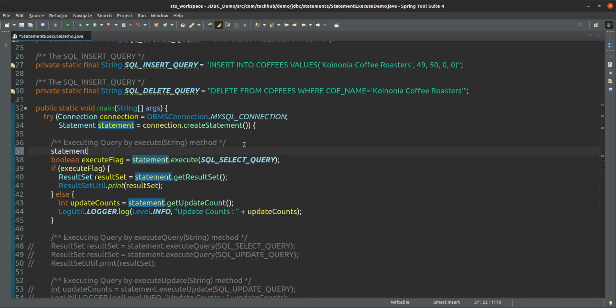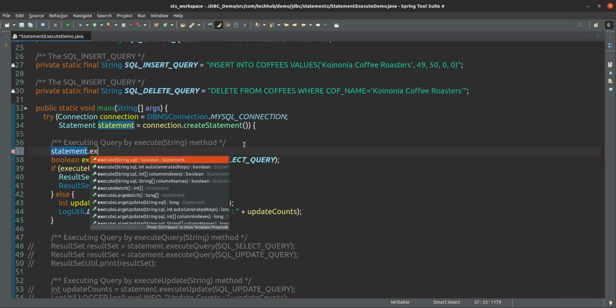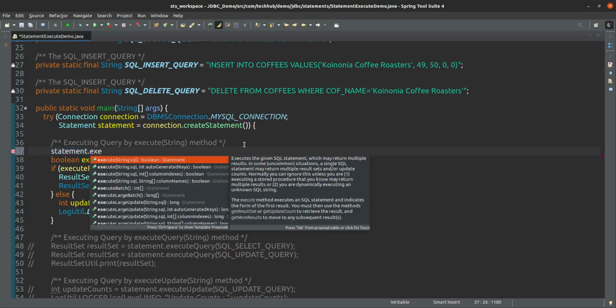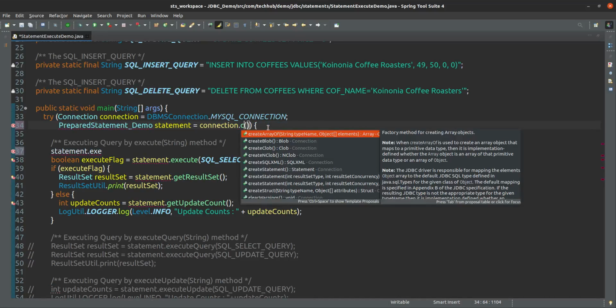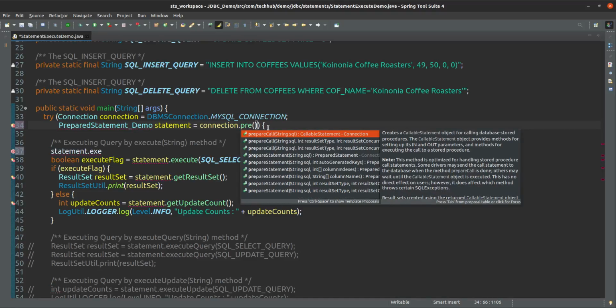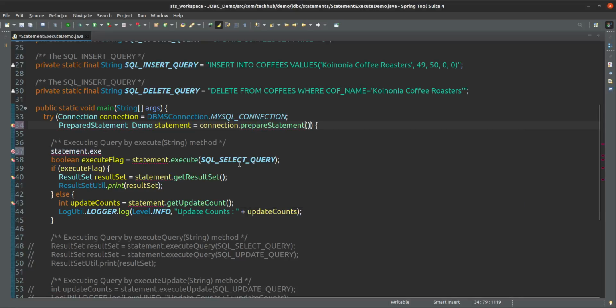If you see statement dot execute, execute with the query is also there. Or if it is a prepared statement, then what we have to do is create prepareStatement, and for that statement you have to give the query here.